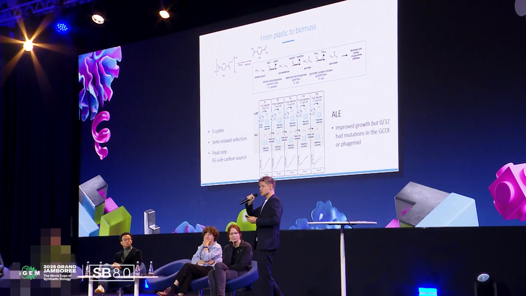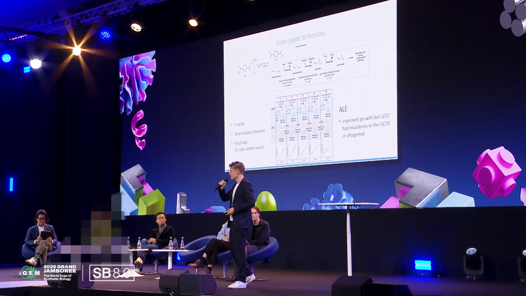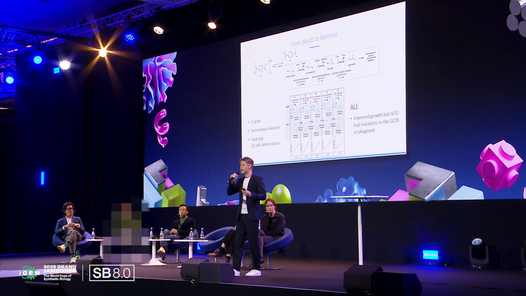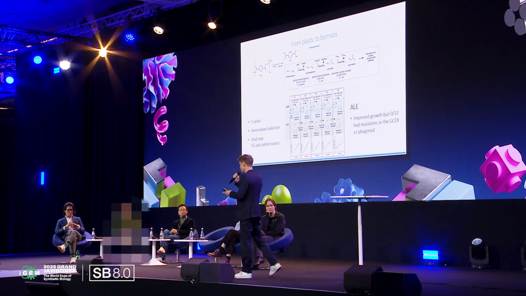We did the traditional adaptive laboratory evolution, or ALE. That is that you take your cell and you just let it grow in the lab for a long time, and you let the cell figure out how to solve the problems. The cell is actually pretty good at figuring out how to grow better, or in some other way, how to avoid the selection. So what we see here is that we get improved growth of these cells, but when we then go back and we sequence the genes that we want to evolve, we found out of 32 clones, none of them had actually accumulated any mutations. It's something else in the cell that mutates in order to circumvent the selection pressure.